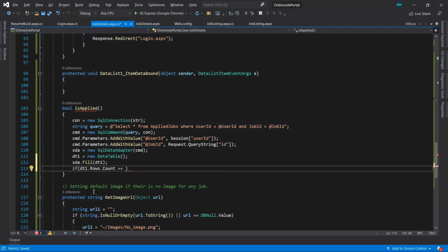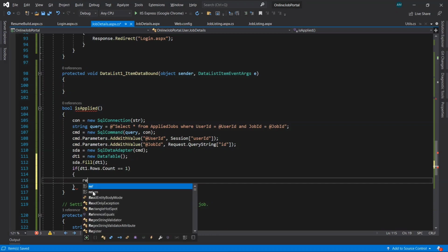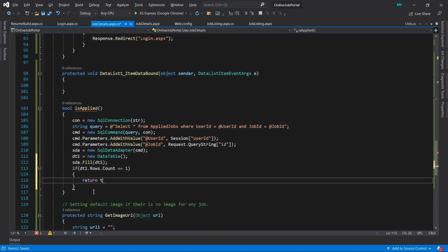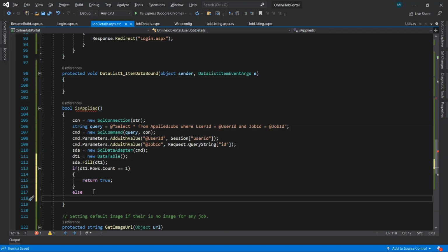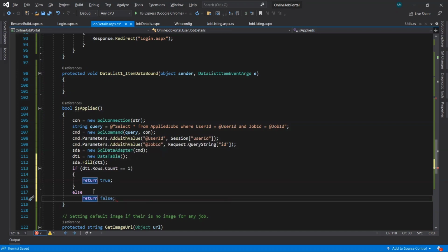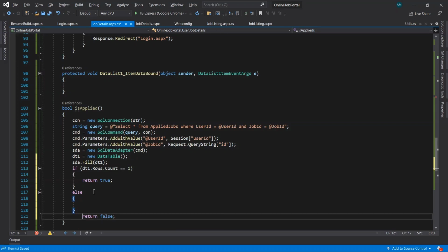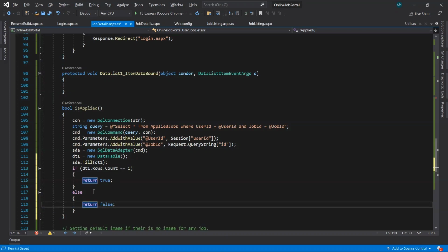If it's equal to 1, then return true, or in else block return false.